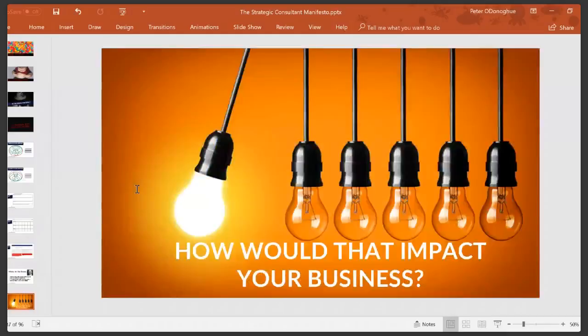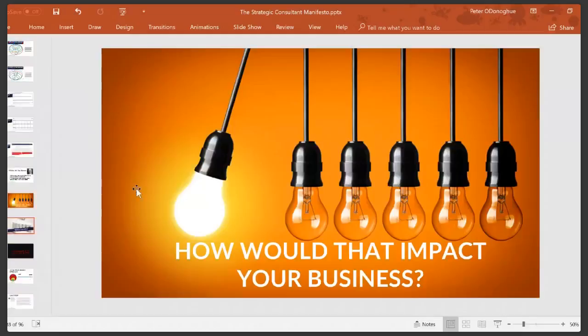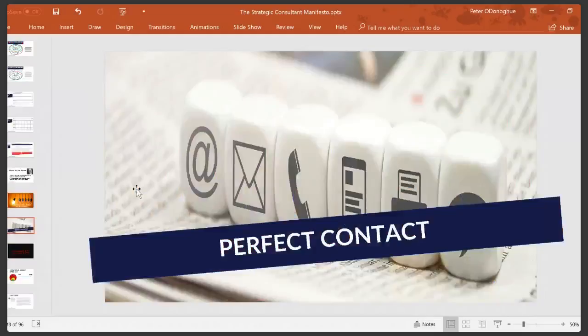So if you became more of a market-focused consultant, if you knew the big ask problem and you could map out the pain to glory of your ideal prospect, how would that impact your business? How much more business do you think you could win? Especially when you compound it with a front-end offer or a productized service that makes it easy for you to articulate what you do, that relates back to the big ask problem and your ideal client profile. And now can you see why you have to have a strategic model